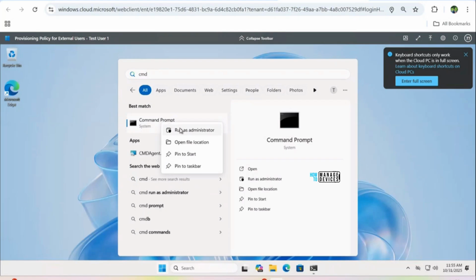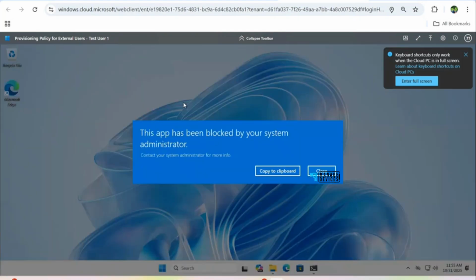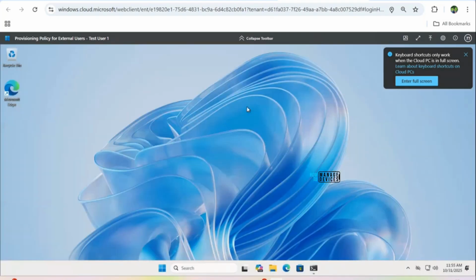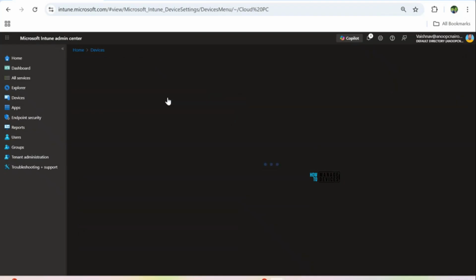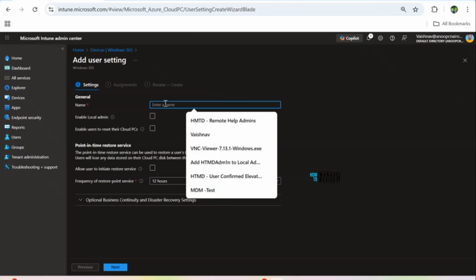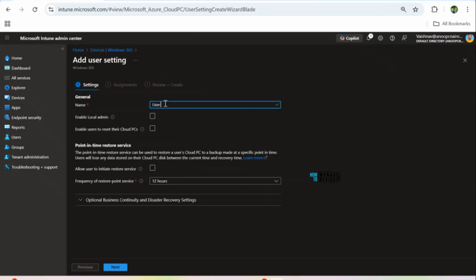So if I'm running it as an admin, it won't get the admin permission, because it's not a local admin. The user is not part of the local admin. So for that, what you can do is create a user setting under Windows 365 user settings, and we'll start creating a user settings